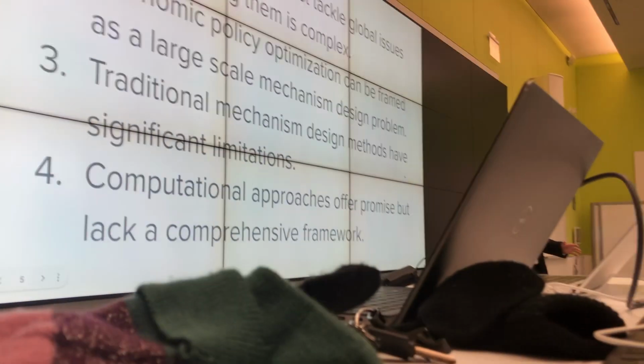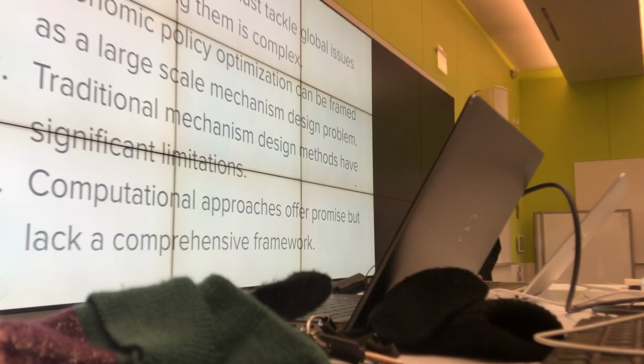So this first point goes back to what I was saying earlier. We want to design this global macroeconomic policy, but doing so is very hard to do. And so we can frame this problem as a large-scale mechanism design problem, where we use a mechanism that's thought of at a much larger scale than the mechanisms that we typically think of. Usually when we think of a mechanism, maybe it's for an auction or a market or something, but here we're really going to try to simulate the entire economy.